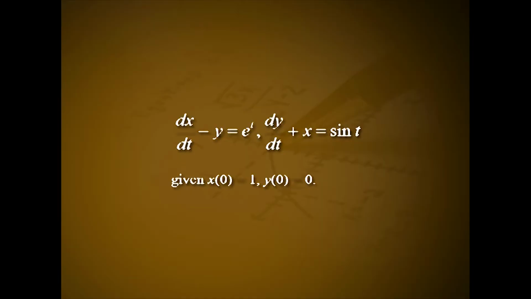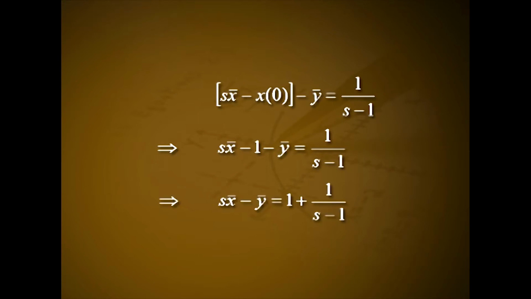Example 3. Solve dx by dt minus y is equal to e raised to t, dy by dt plus x is equal to sin t, given that x of 0 is equal to 1 and y of 0 is equal to 0. Solution. Taking Laplace transforms of both equations, we get s into x bar minus x of 0 minus y bar is equal to 1 by s minus 1, which implies s into x bar minus 1 minus y bar is equal to 1 by s minus 1, which implies s into x bar minus y bar is equal to 1 plus 1 by s minus 1,